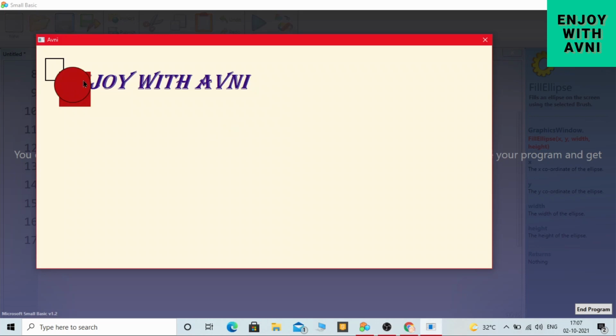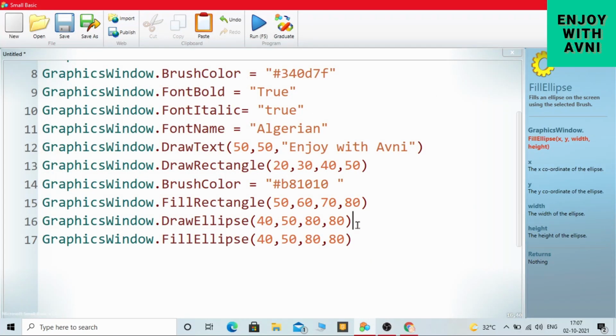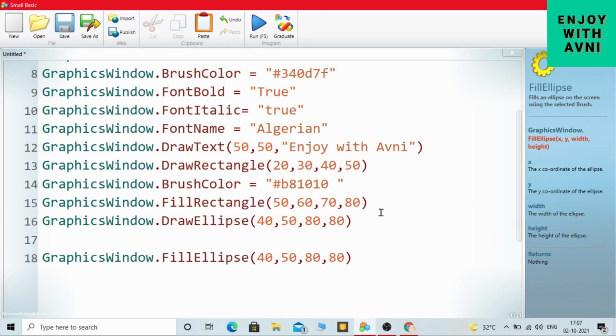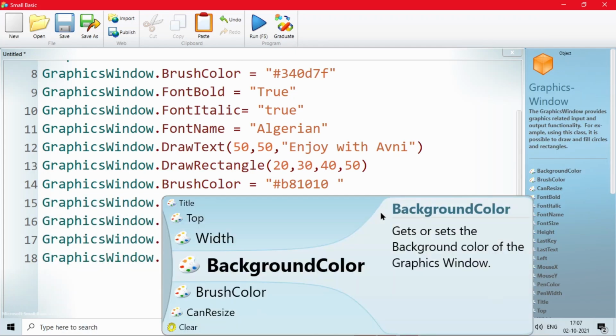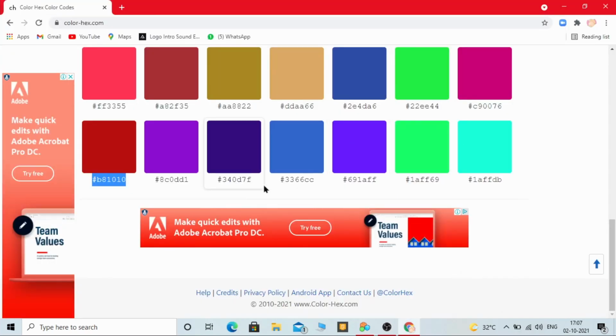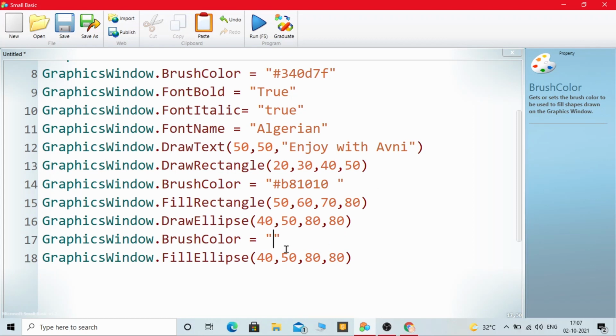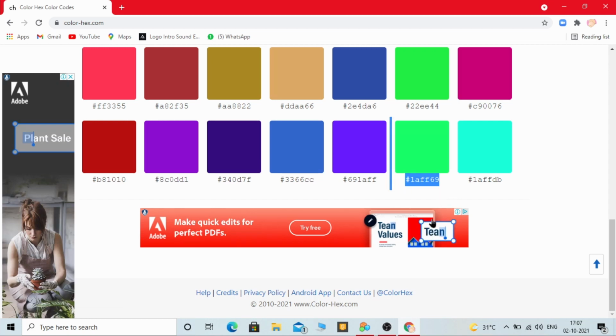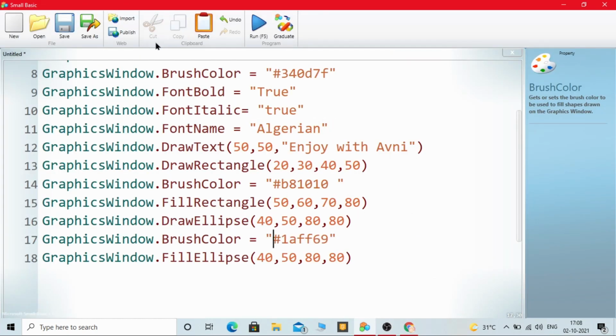Now let's run it. Now if you want to change the color of this ellipse, before FillEllipse, we write graphicsWindow.BrushColor equals, take any of the brush colors, suppose this, Control C, Control V. Now let's run it.